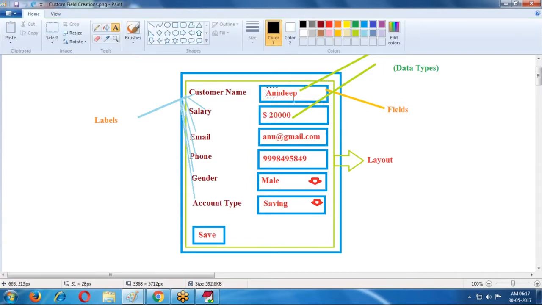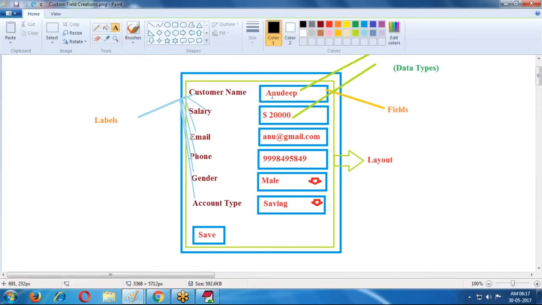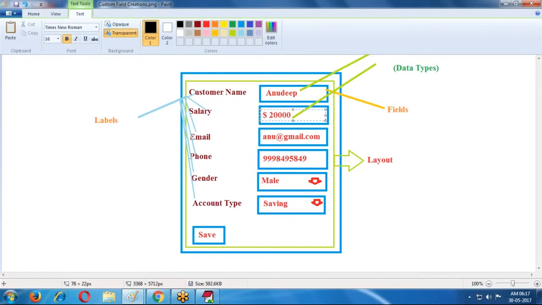And here for this customer name I provided Anudeep. Anudeep is nothing but some data. For this data we need to know what type of data it is storing for this field. So for this we are using data types. Here salary, for the salary $20,000, it is some value.